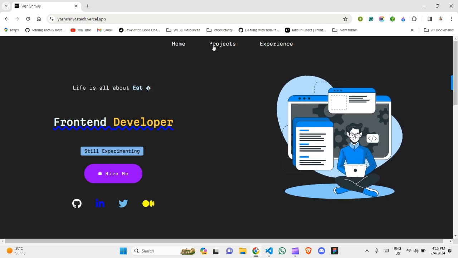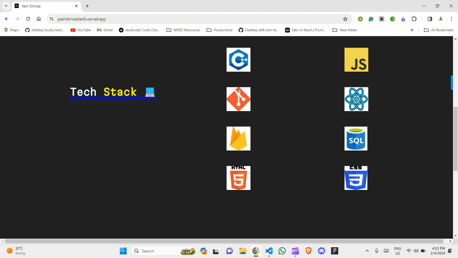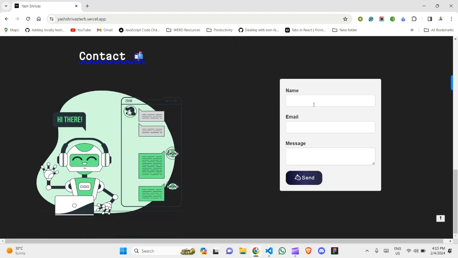This is a floating image. Let me go down. It's the tech stack, and the contact form. Let me show you. Suppose,